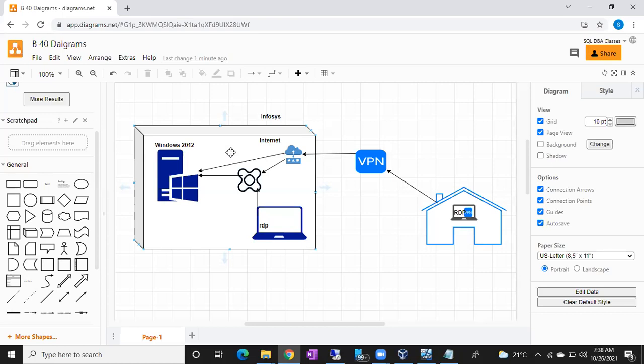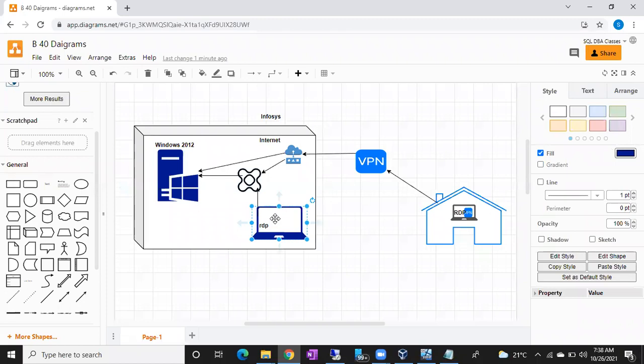If you are doing work from office, no need to connect to the VPN, guys. If you are connected to the office network directly, you're the authorized user. Once you go to the company, you will use the office network LAN cable or office Wi-Fi, so you connect to the office network. It won't ask for extra security because you're in office. But if you are doing work from home, it's not sure whether you are doing it or on your behalf any other person is doing it, right?